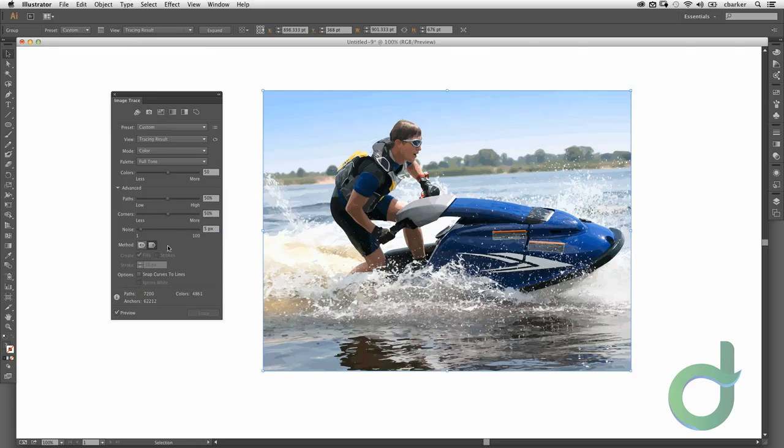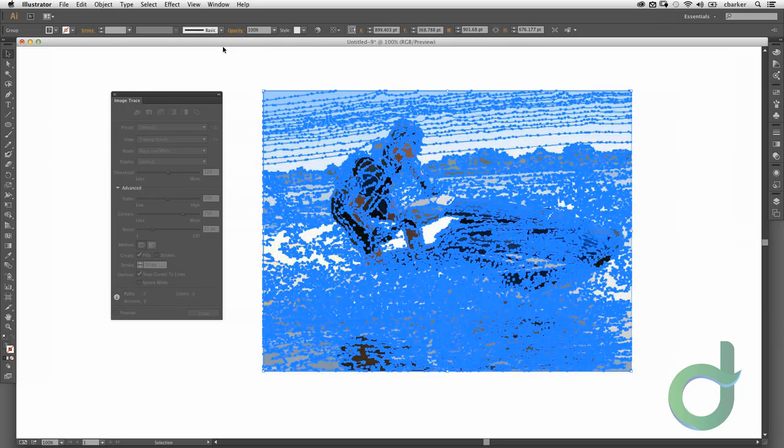So everything looks pretty good. I'm not going to set any stroke or any snaps to curves. I don't need to do anything like that. So pretty much done. All I need to do now is go up here to the options bar and click on expand. And that's going to expand the artwork to actual vector shapes. So you can see all these blue lines represent all the vector shapes that were created when we did this